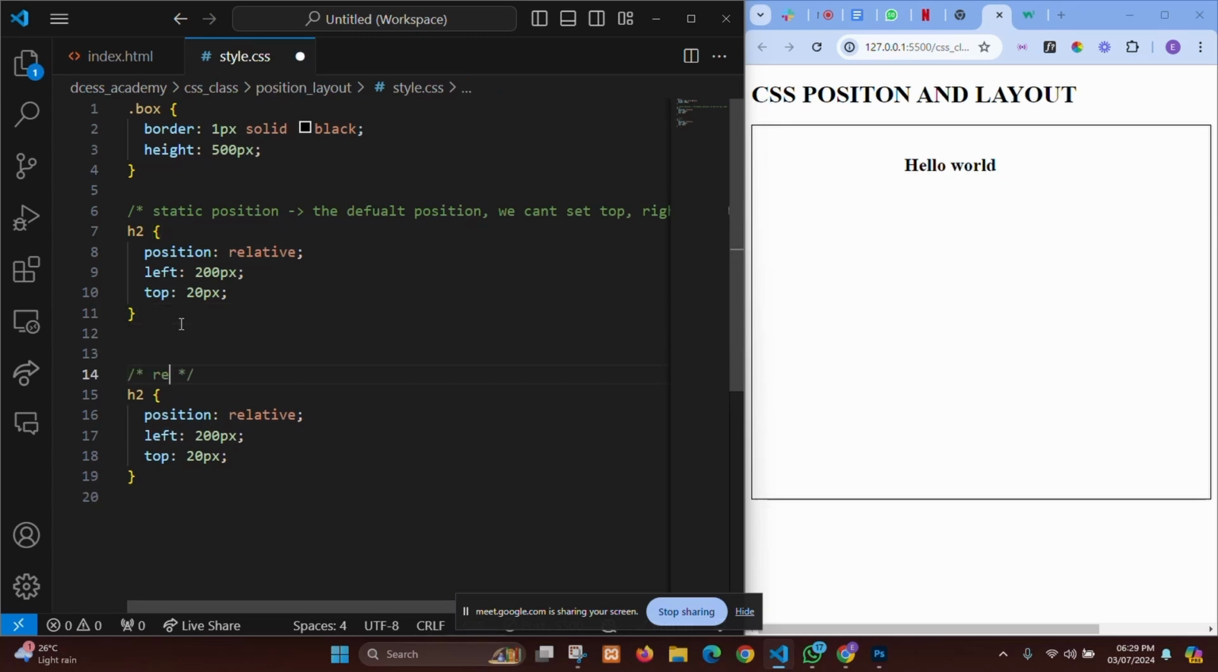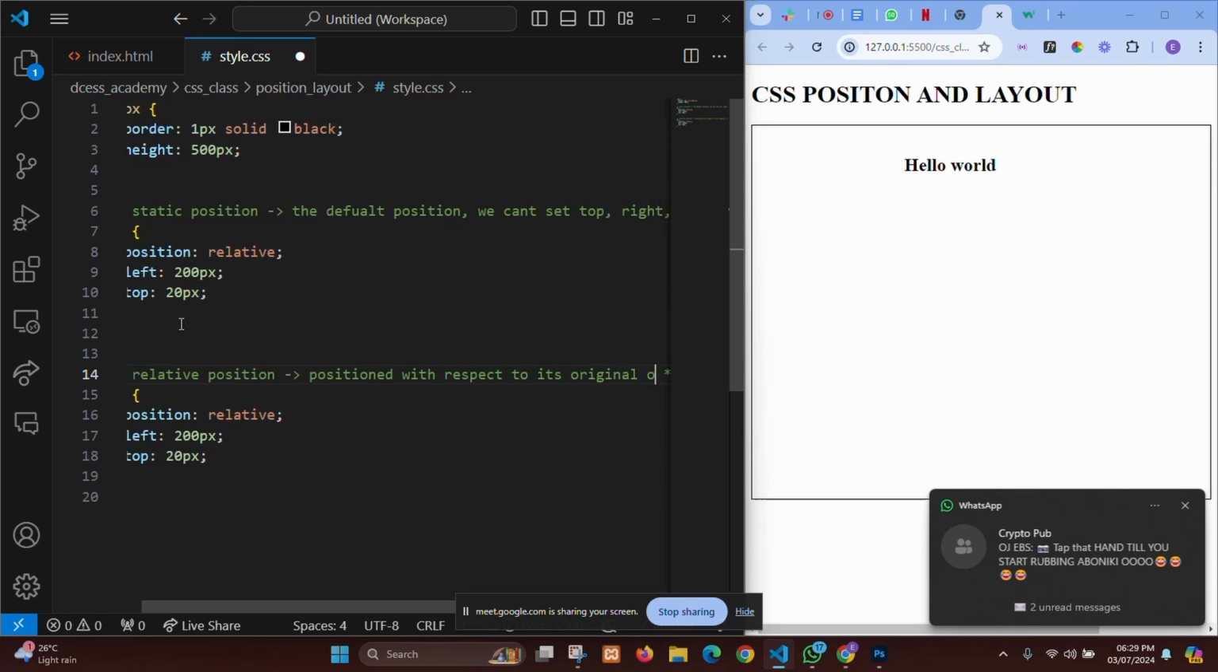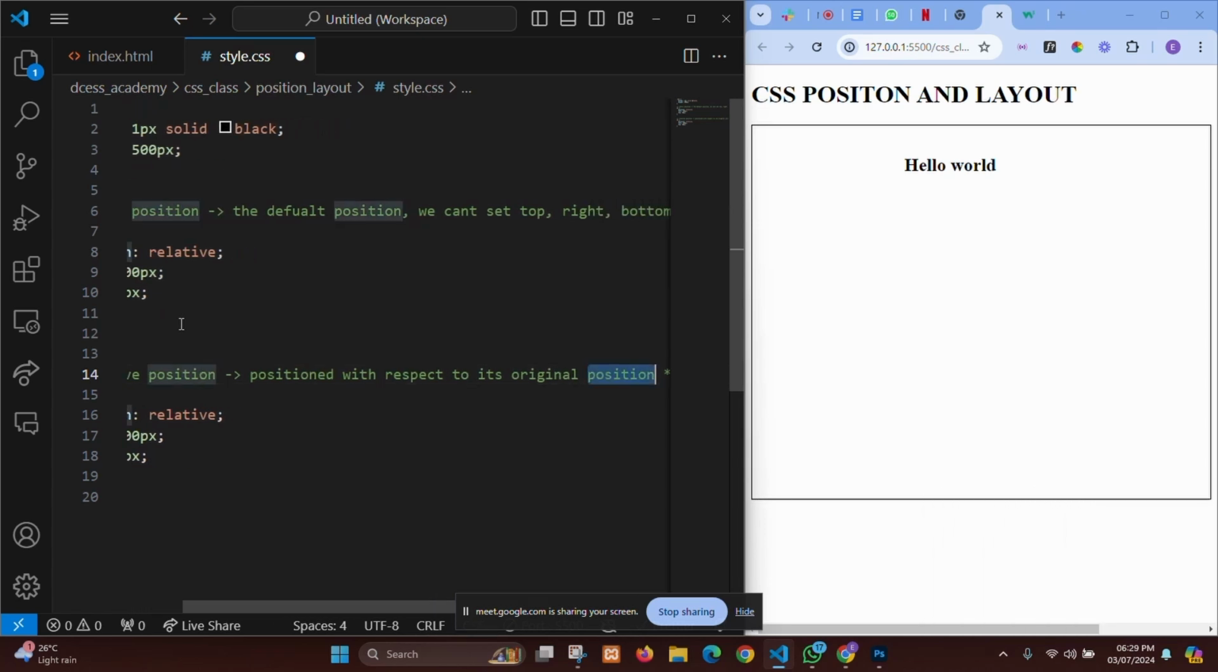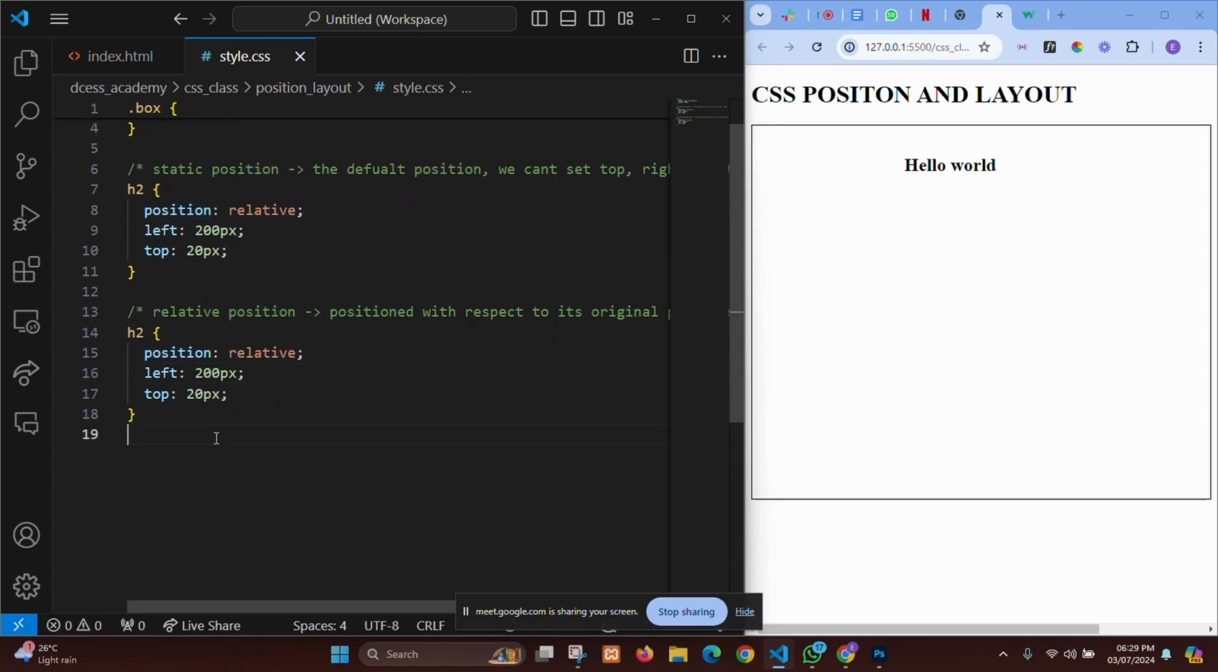Now for relative position, I'm going to write a comment. I'll say relative position, right? Position with respect to its original position. So for this, I can set other properties like top, left, bottom, and right. Is that not so? So now that's for relative. Now what about absolute positioning? Absolute